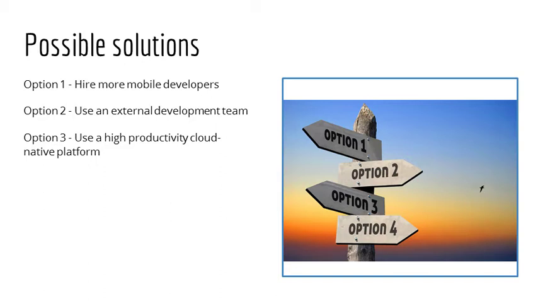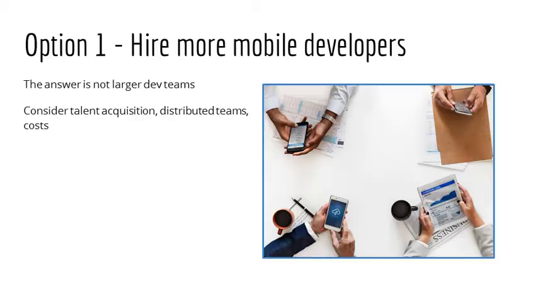Now let's look at some possible solutions. There are three options. First, you could hire more developers. Second, you could use an external development team. And third, you could adopt a high productivity cloud platform. Let's look at each of these options. On the next slide, option one,